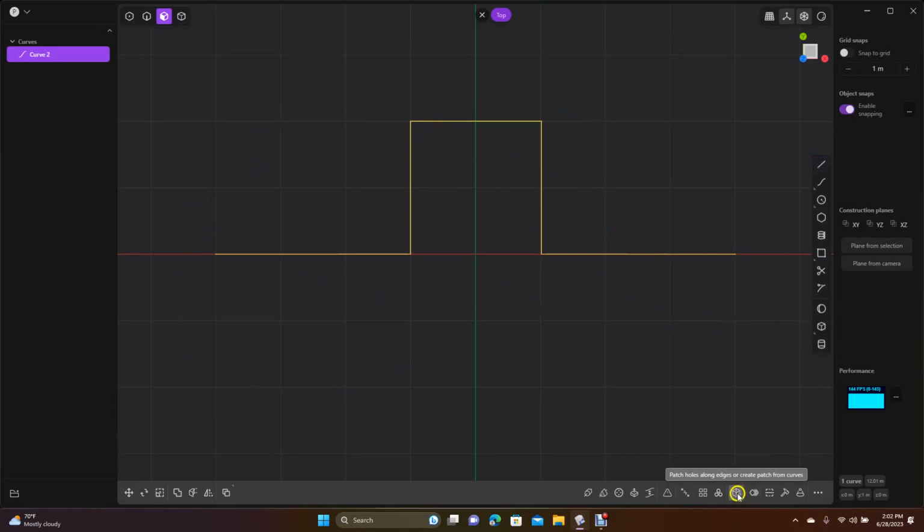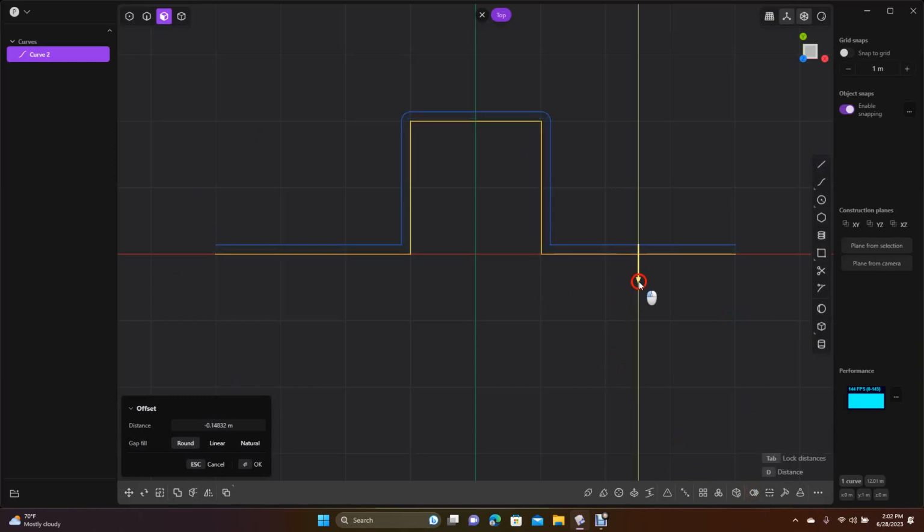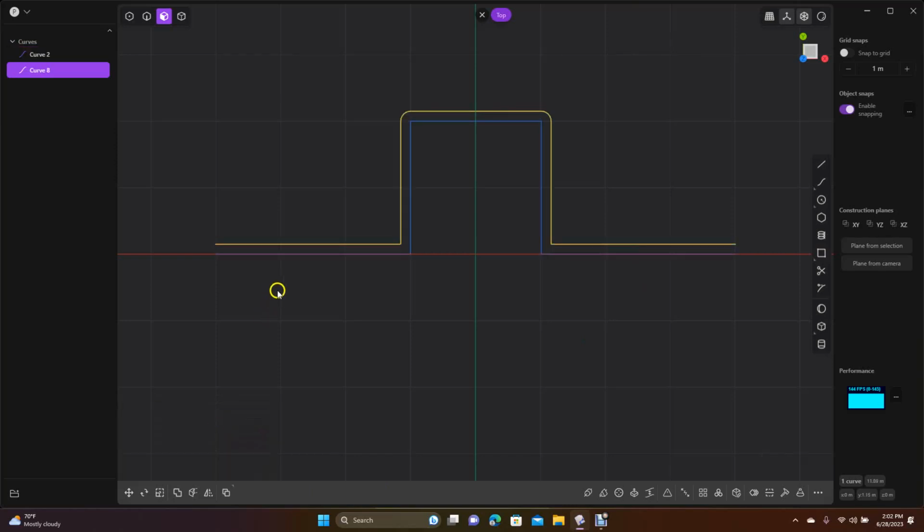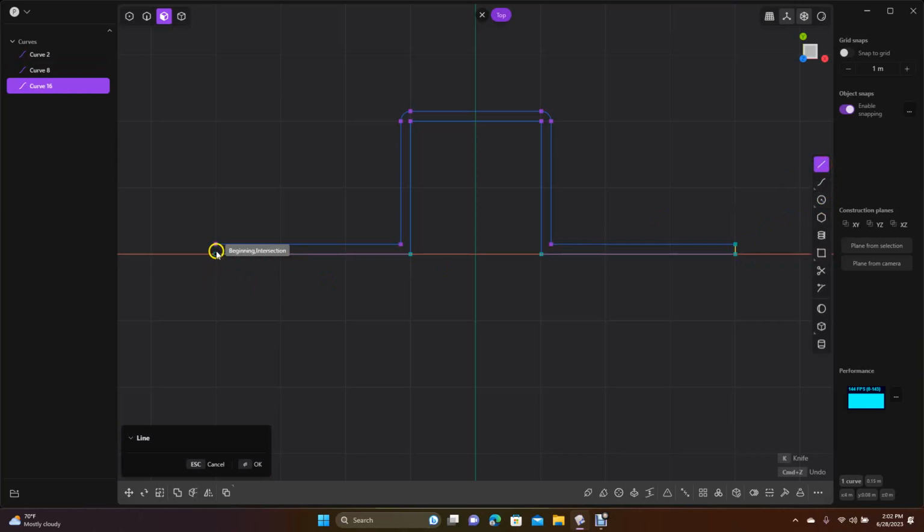Now we're going to come down here and use this offset curve. So when we get that little arrow, we're going to click on the arrow and drag it up. And then we're going to type in minus 0.15. Okay, that's going to get enter. And now this is the CAD part of Plasticity, which makes this such a great program. So now we're going to go from endpoint to endpoint. Close up that one, right mouse click, grab the line tool again, go from endpoint to endpoint, right mouse click,